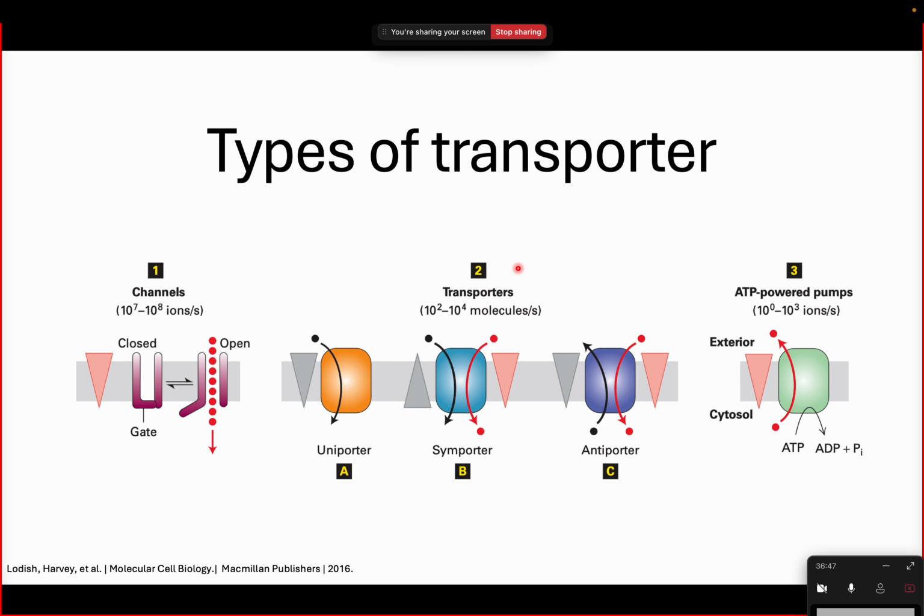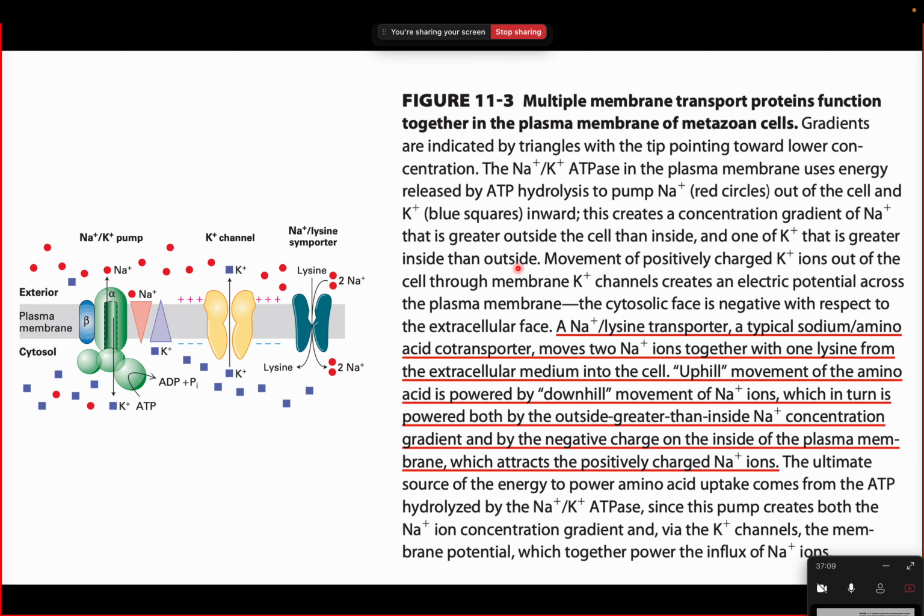In antiport, there is transportation of solutes against the concentration gradient, but both of these are transported in different directions, right? And then we have ATP powered pumps, in which the transportation of substrate occurs against the concentration gradient with the help of ATP hydrolysis, correct? Then these are some basic